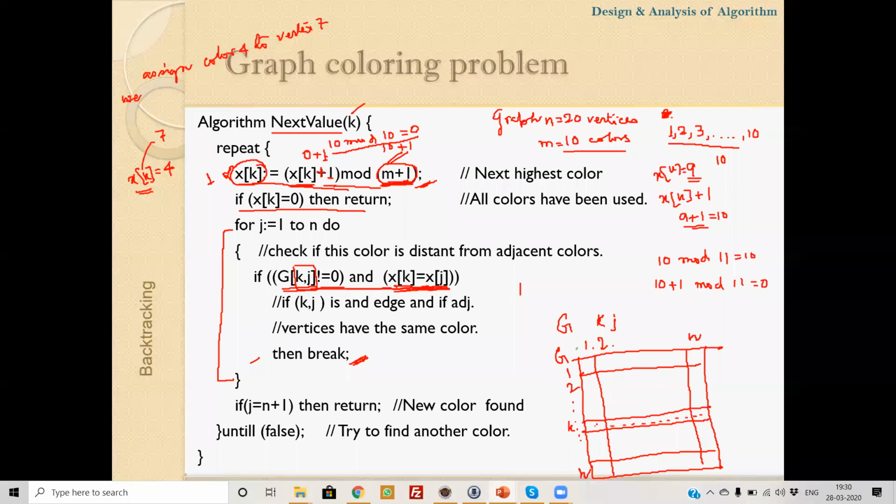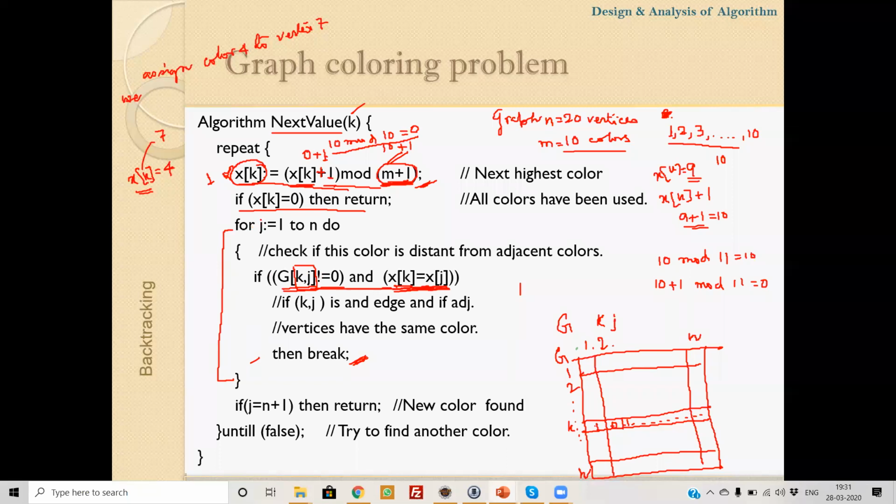Who are adjacent of k, these values are kept at this position. If this value is 1, that means k is adjacent of vertex 1. If this value is 0, 2 is not adjacent of vertex 1. Then if the next value is 1, then 3 is adjacent of vertex 1. In this way, who are adjacent of vertex 1 will be checked.